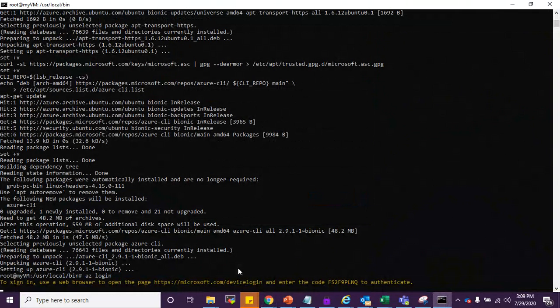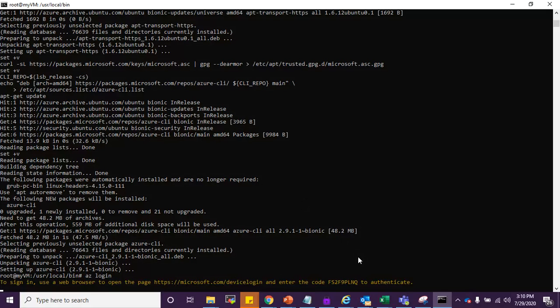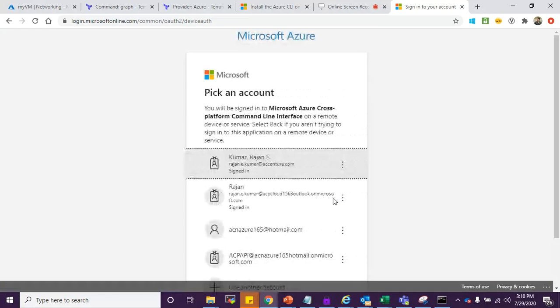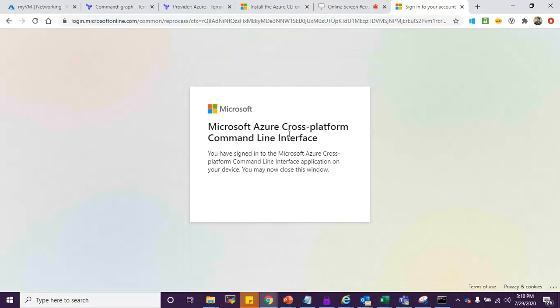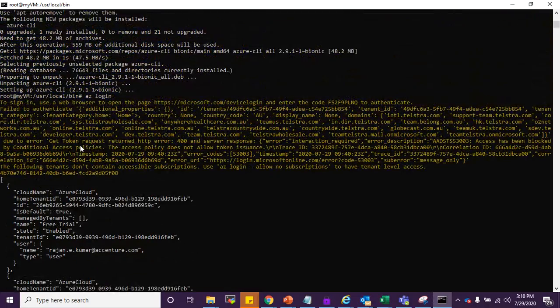Basically asking for device login. Click on next. Okay, it says it's logged in. Let's close this. And yeah, so I'm logged in.